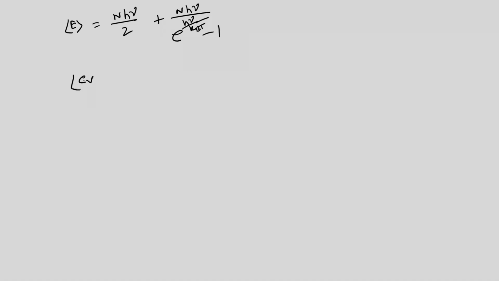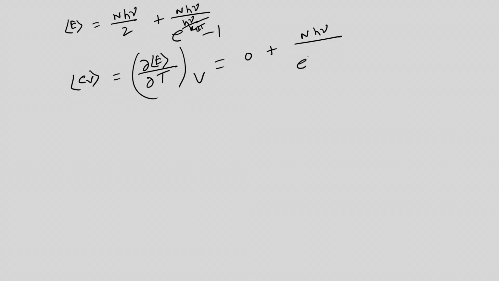So, C_v is del E average by del T at constant volume. The first term gives us 0, and for the second term, if we differentiate, we get